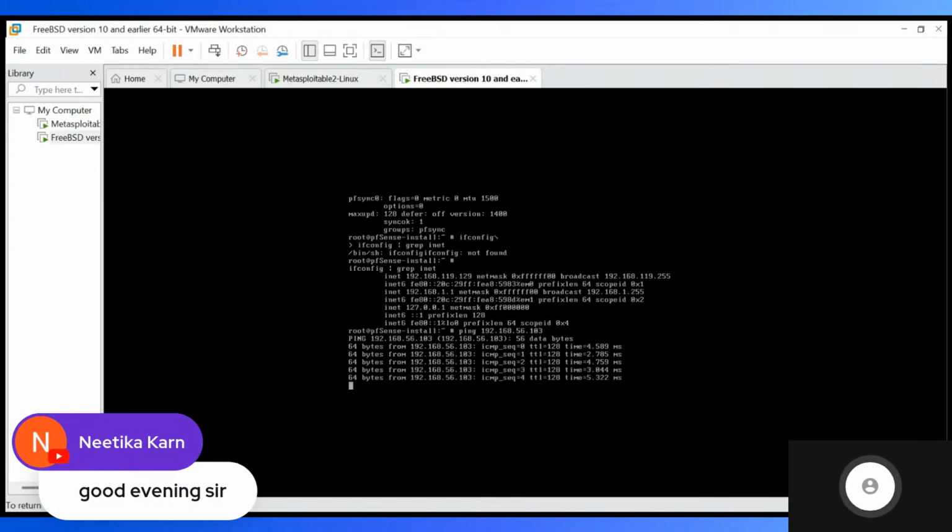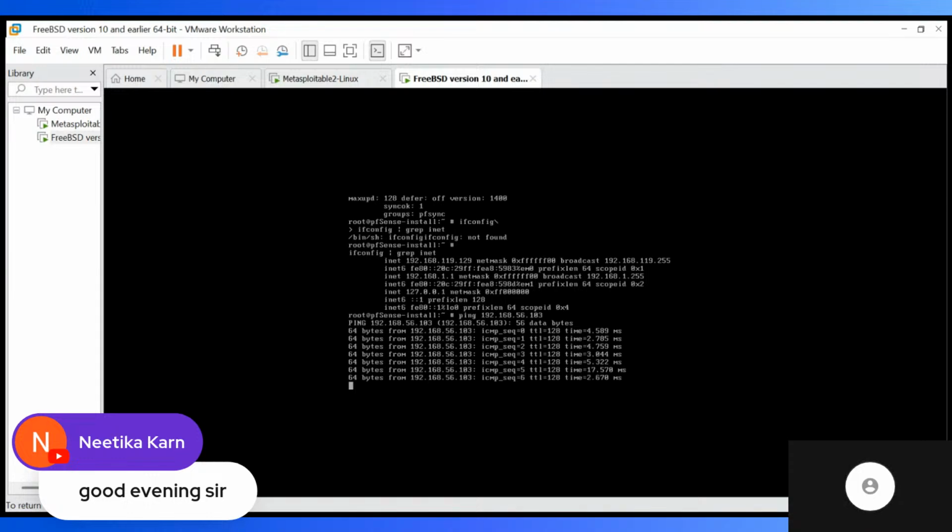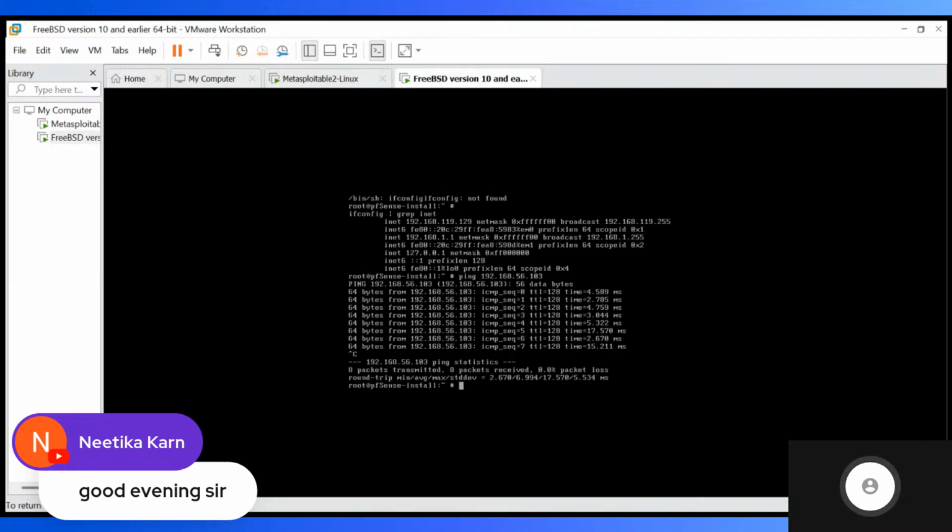See, we can ping the machine from the firewall, which is perfect. This is what we needed, and this is what we got. If this response would not have come, we would have been in trouble. But this response has come, and that means that we can communicate between this machine and that machine using host-only. Host-only, however, does not have internet access, which is why there are two network adapters, one for internet access and one for communicating between systems.